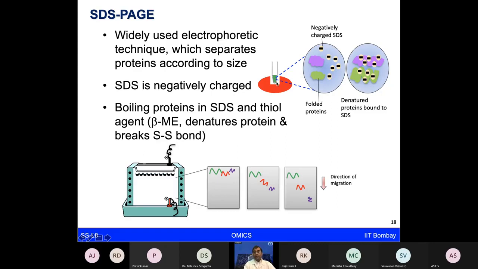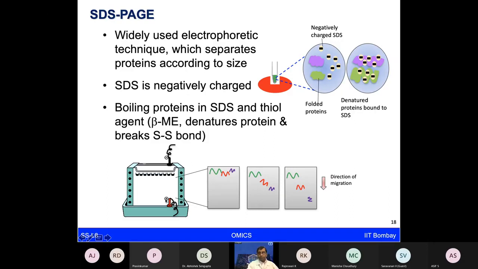You also add the thiol agents like beta-mercaptoethanol, which is going to reduce the disulfide bonds. And then you are heating them for sufficient time. So the idea is you have a globular protein, which you are now breaking open all the bonds, and you are making them in the linearized form, and then you are making sure that the disulfide bonds are not reoxidized again. So now the proteins have become linearized and negatively charged because of the SDS which you have added,